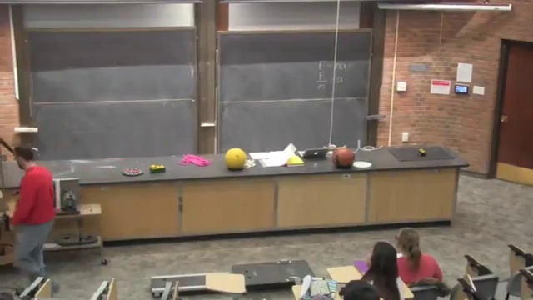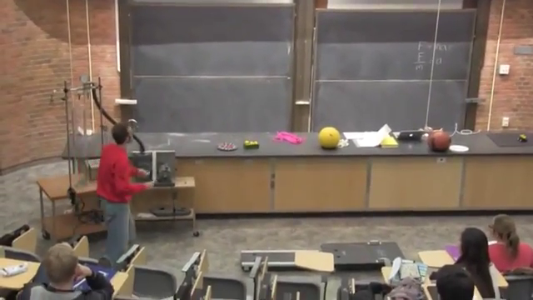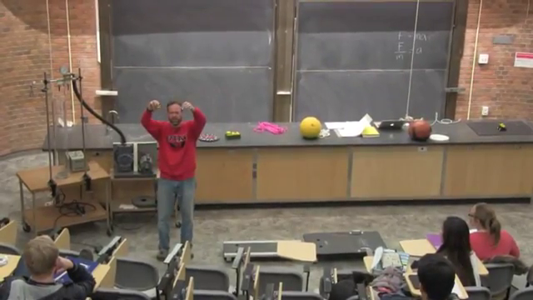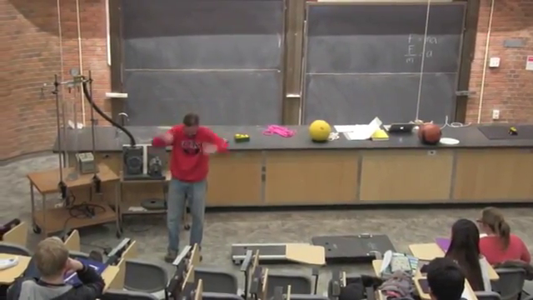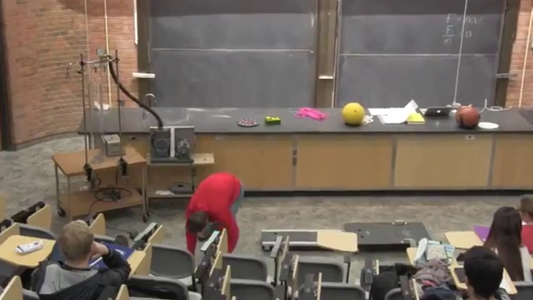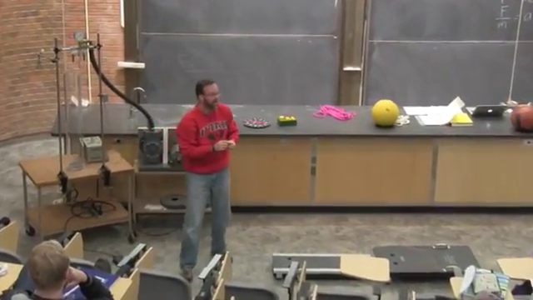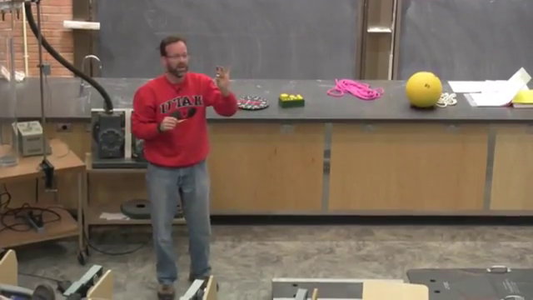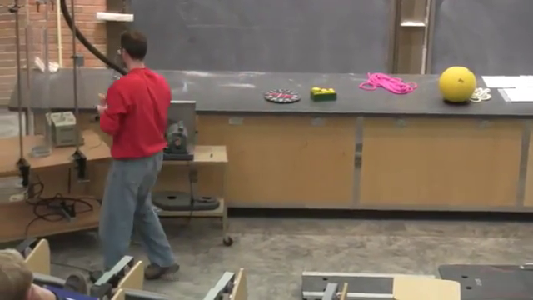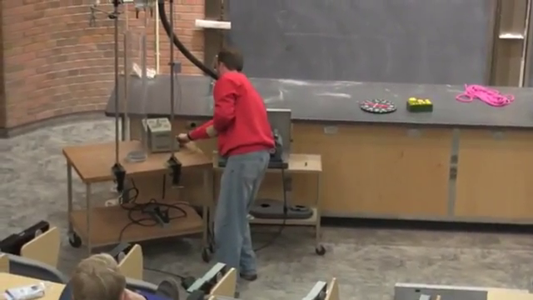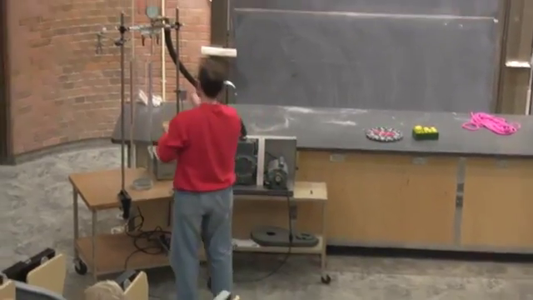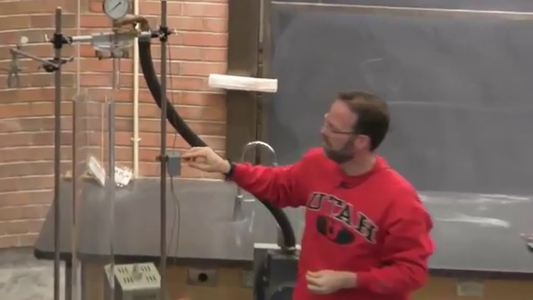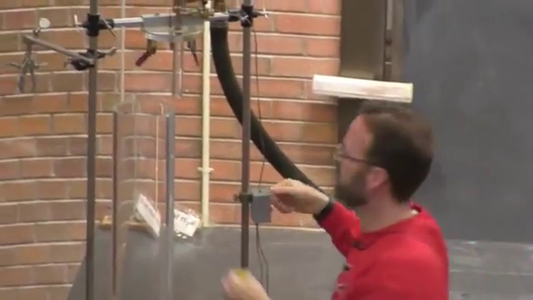All right, I'm going to take 2 objects. One's heavier and one's lighter. We know what slows them down on Earth, right? Air. So this experiment is to get rid of the air, so we can just have free fall. One's going to have more mass than the other. So let's turn this on. This is an electromagnet that holds these 2 little shelves up, so when I release it, I can drop them at the same time.